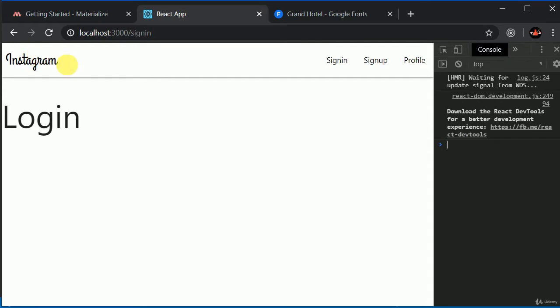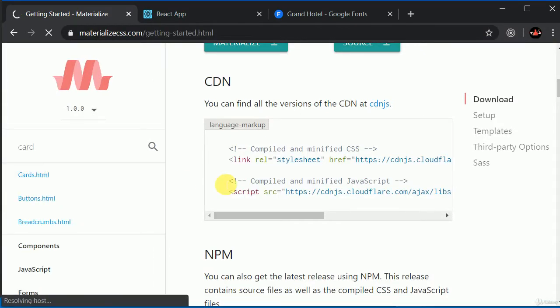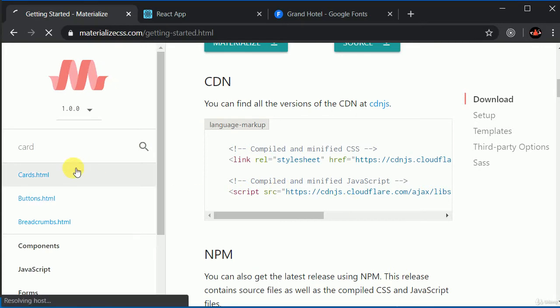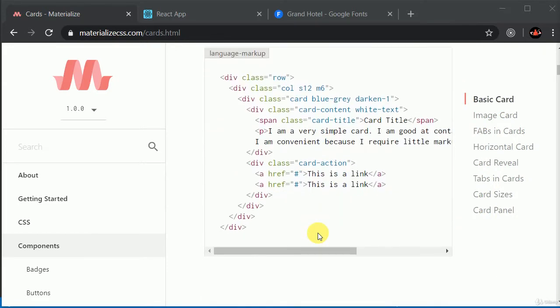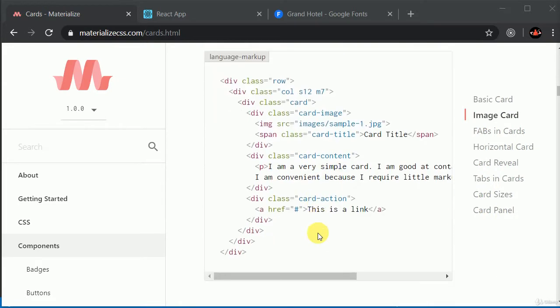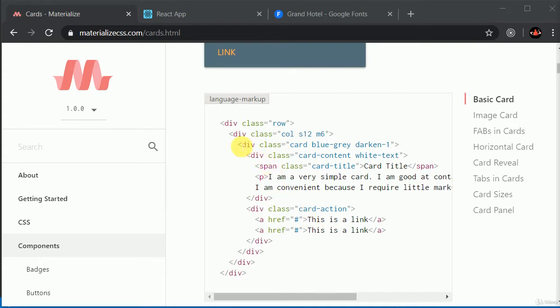So yeah, it's amazing. Okay, so now let's start working on sign in and sign up. So for that, maybe we'll be adding a card. So I'll search for card in here. So let's copy some of the stuff from in here. I need just a simple card.